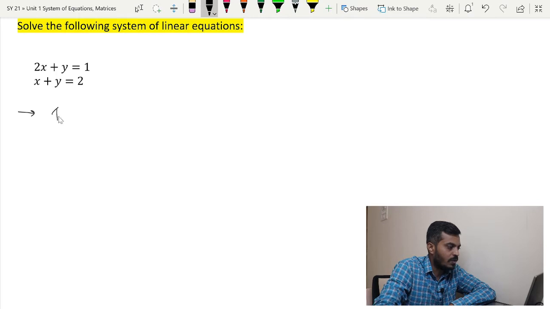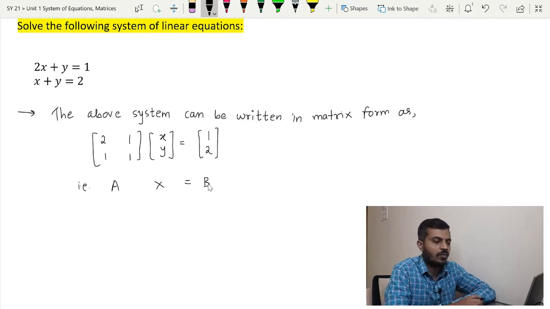So this is the first example that we are going to discuss, and if I am not wrong, this example we have already seen before, and we already know the solution of this example, but still we are going to solve it now with the help of Gauss elimination method. So as discussed earlier, first of all, whatever the system is given, we write it in a matrix form. The above system can be written in matrix form as,